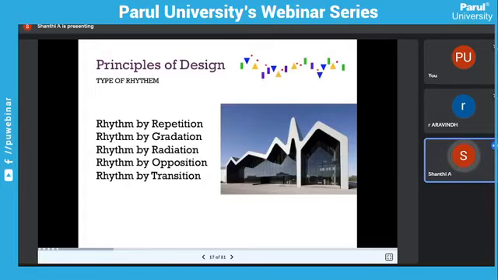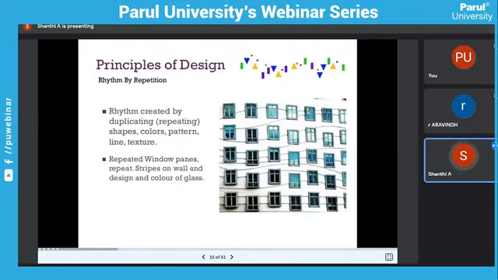So these are the types of rhythm. This image is a rhythm, like they have followed a peak going up and down, up and down. This is again gradations where it moves up and moves down. So here it is one simple thing which is repeated again and again. This is a pattern which